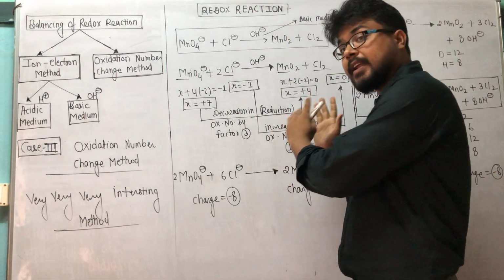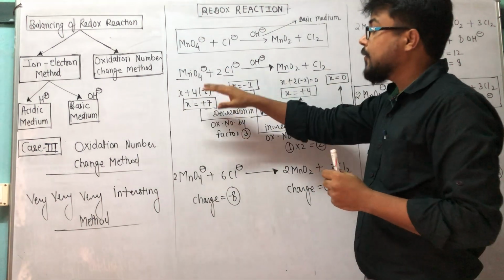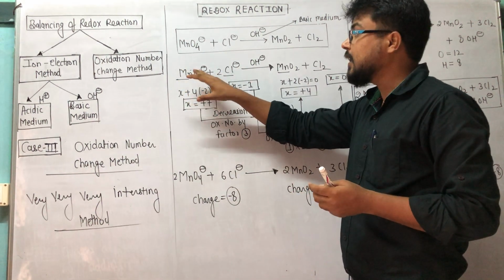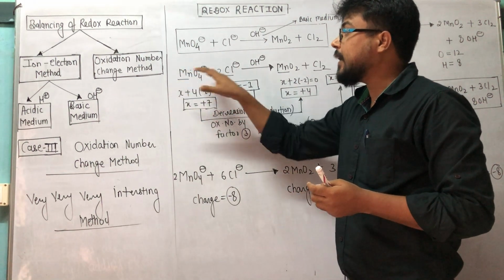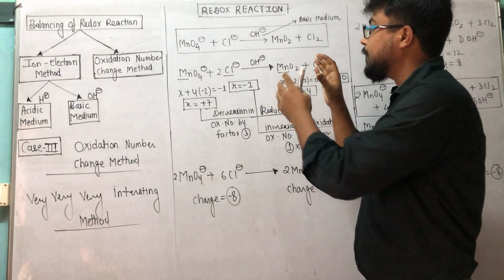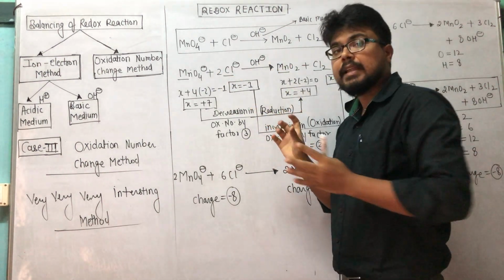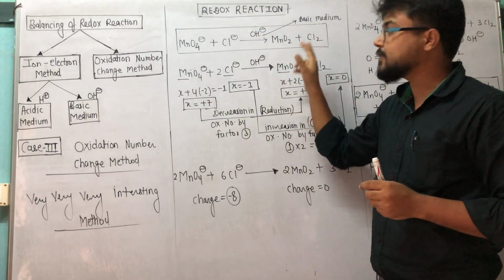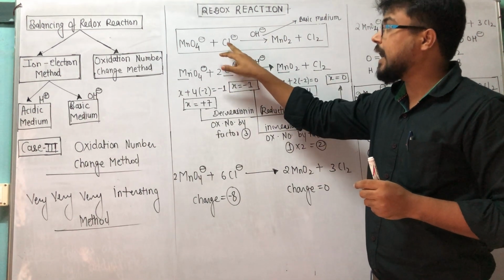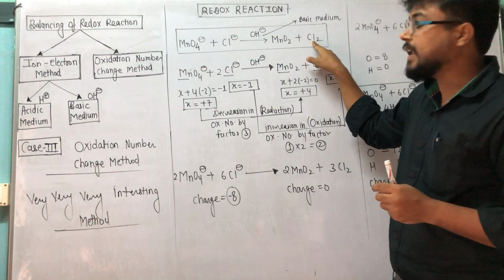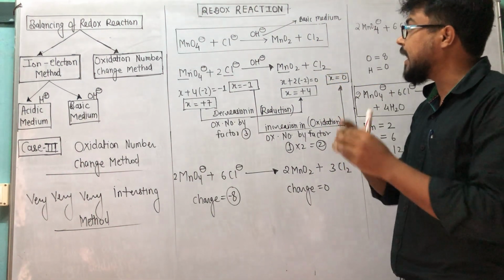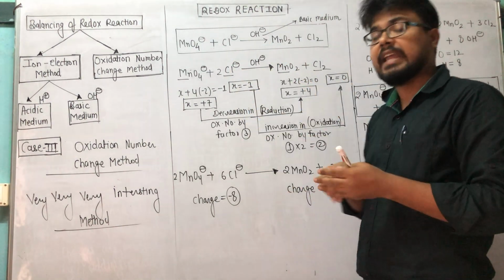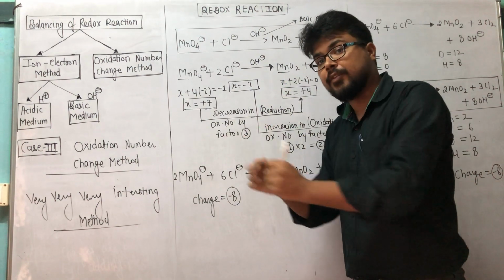First of all, as we did in the acidic medium, first we balanced the equation or element by adding a suitable number of factors so that the atoms get balanced. Here, manganese is 1 on both sides, and chloride ion is 1 on one side and chlorine is 2 on the other. So my first duty is to balance that atom or that particular element or ion which is getting oxidized or reduced, except hydrogen and oxygen.